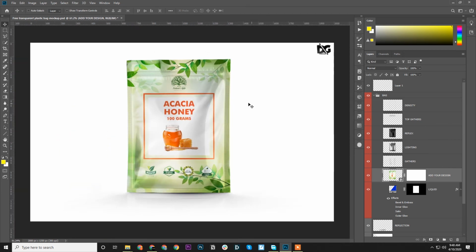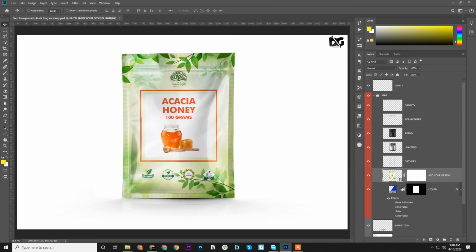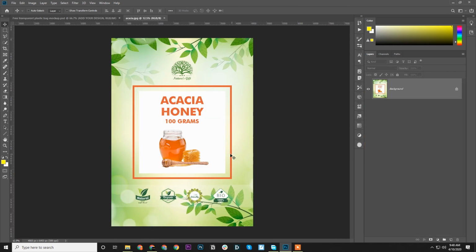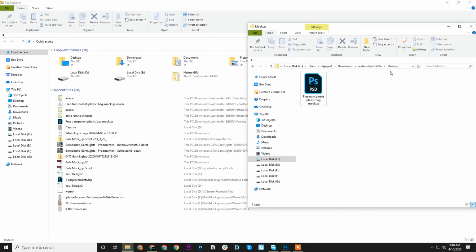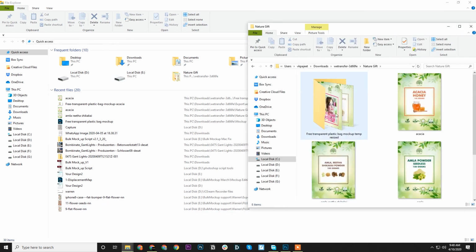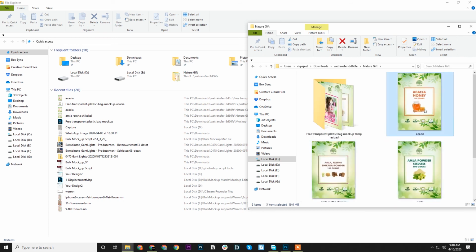Okay, and it's better if the size of the smart object layer, if you double click this one, and your design files are in the same DPI at least. Okay, if they are in the same DPI, like 300 DPI or 72, the job will be much easier.